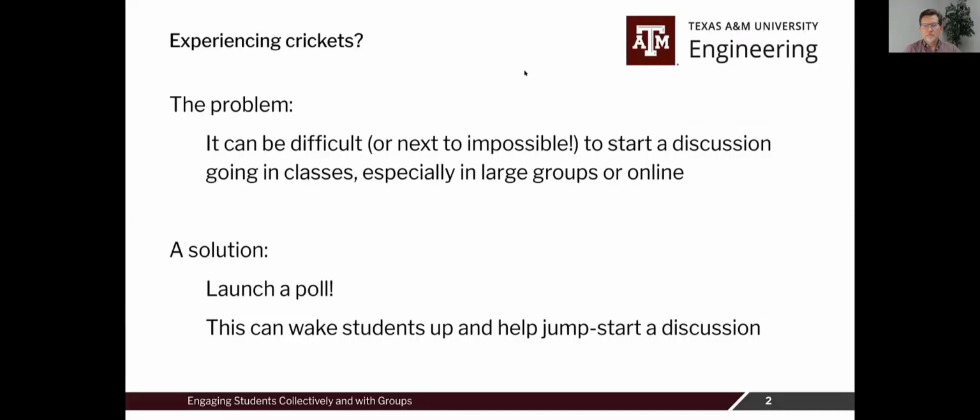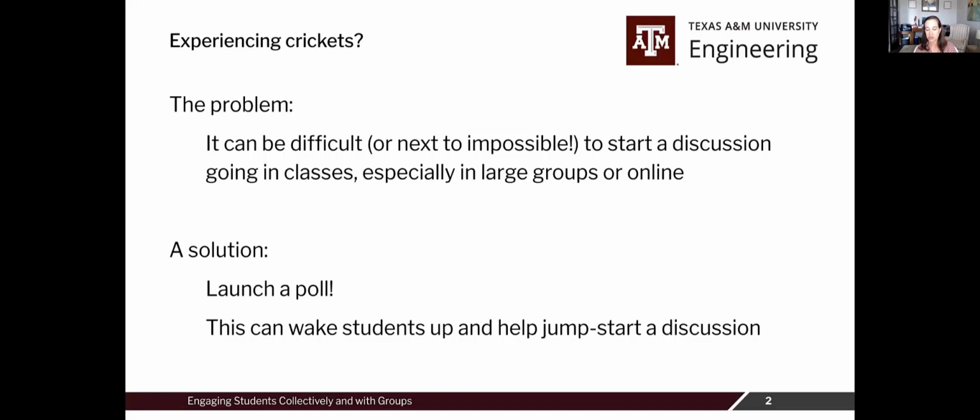All right, good. So one of the problems I had in my classes, and I don't think I was the only one, is that sometimes when you ask a question or you want to start a discussion, especially if the class is big, it can be really hard to do it. You ask it and everyone just stares at you. I think they're hoping someone else will answer the question or start. And some of my classes have 100 students in them, and you have to have some bravery to speak up in front of all those classmates. And so I understand why I was having a problem, but I didn't want it to stay that way.